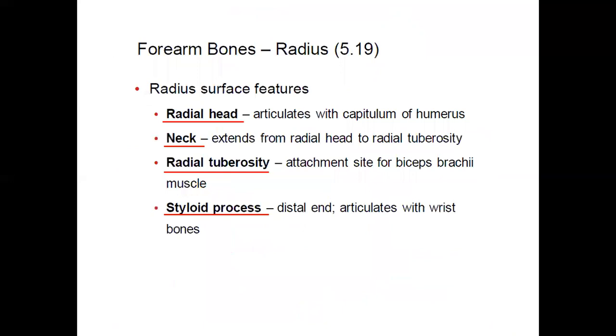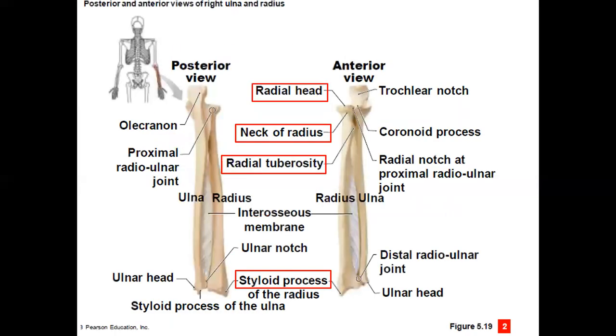And the radius, what I want you to know is the radial head and the styloid process as well, because the head is really the most important structure here. So here's the head of the radius. Look at how it's kind of circular but blunted. It almost looks like it's a cup shape. Remember the